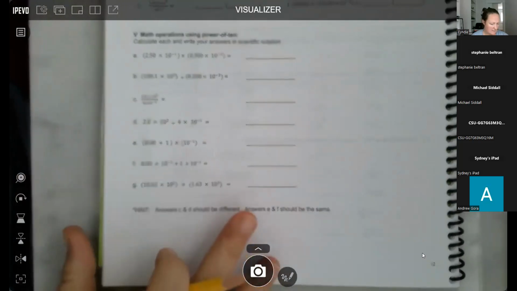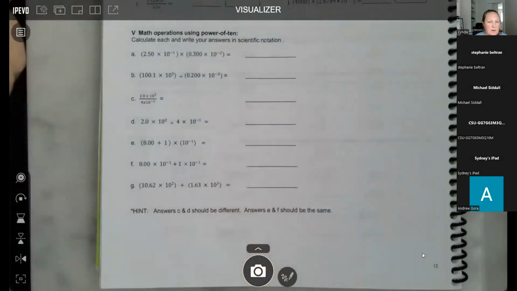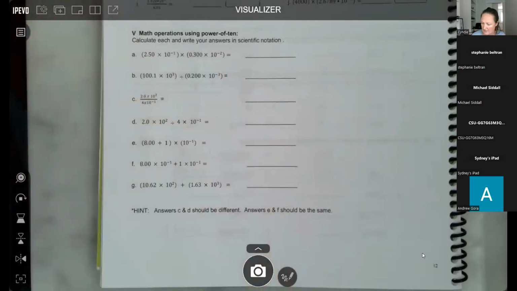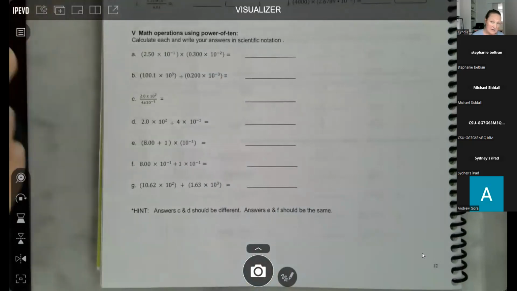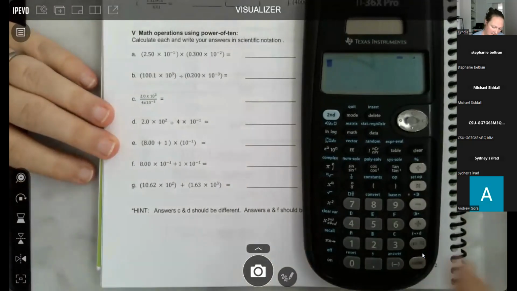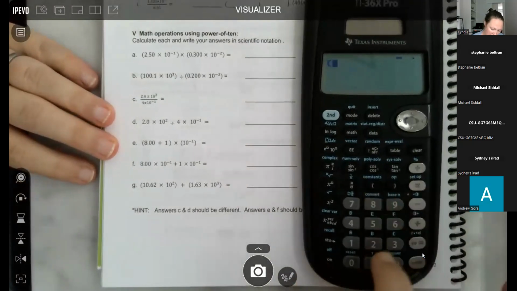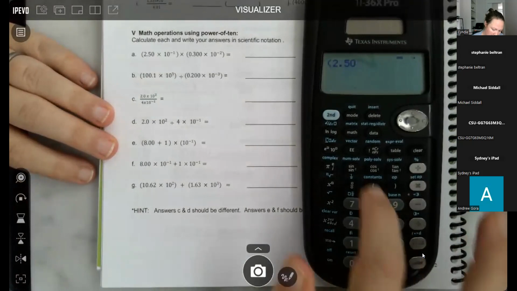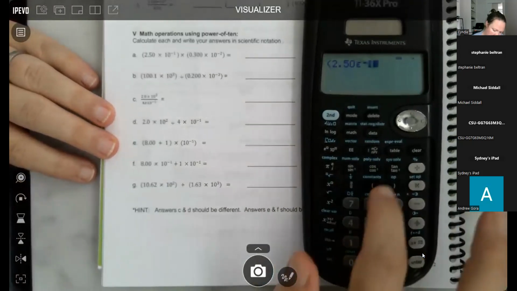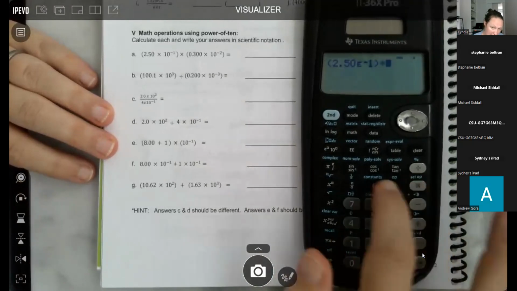So let's see. Again, can you use your calculator to put in these exponents properly to get the right answer? Let's go ahead and do the first one together. I can use this calculator if I want, just to mix it up for you guys, right? So this one, 2.50 times 10 to the, the E button, right? -1, and then times